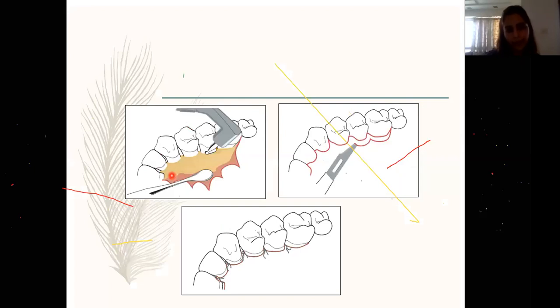Now, depending on the osseous contour, or if the aim is crown lengthening, the necessary osseous reduction is done, followed by placement of the tissue back, and that is when you have a beveled incision placed a few millimeters away from the gingival margin, keeping in mind the level of alveolar bone and where you want the final gingival margins to be. So this was the beveled flap by Friedman.